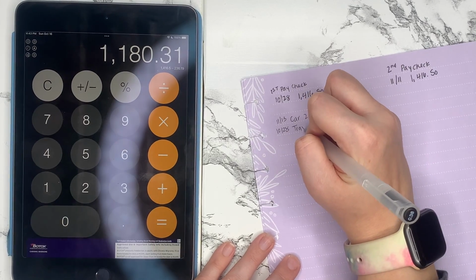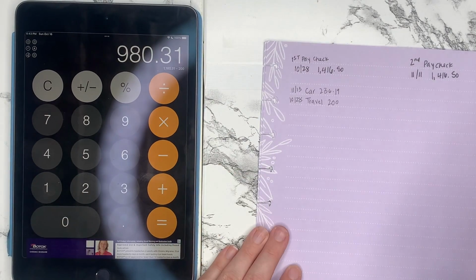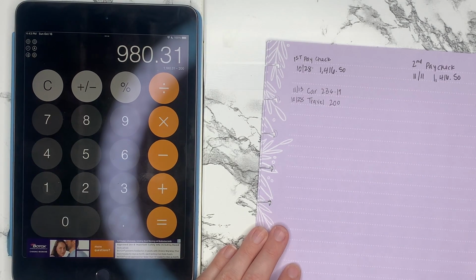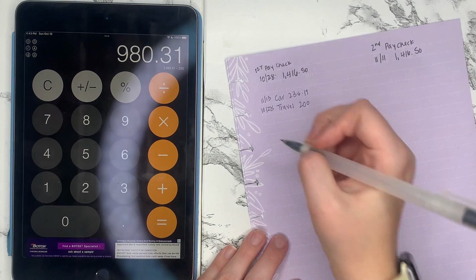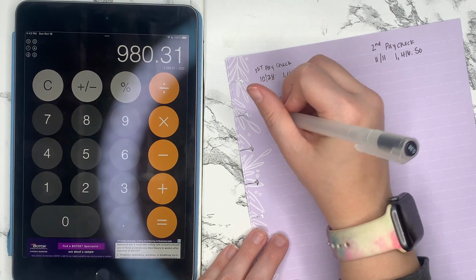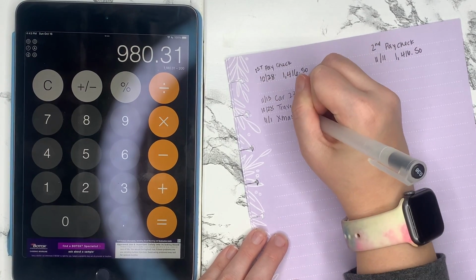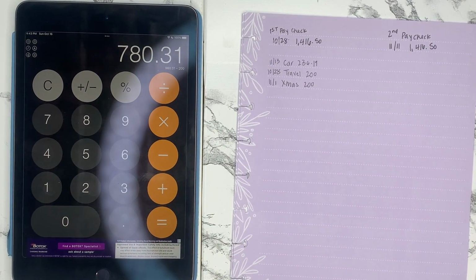And then I want $200 for my traveling expense. I'm going on a trip as soon as I get this paycheck, essentially, so I want to make sure I have money for that. And I'm going to pay more towards my Christmas sinking fund this month than I have in previous months. So on, let's just say 11/1 Xmas, I'm going to put $200 towards that. So I'm hoping to contribute $400 total